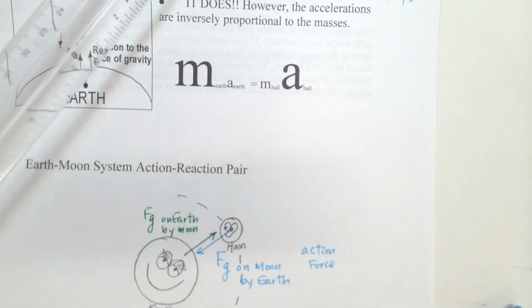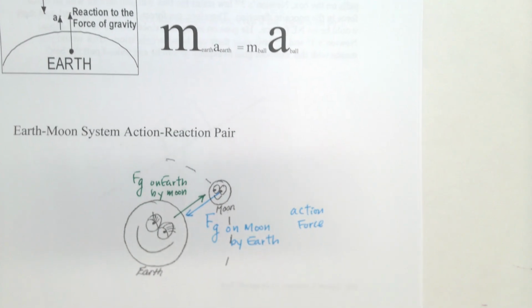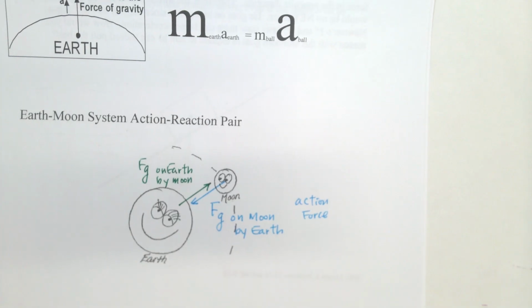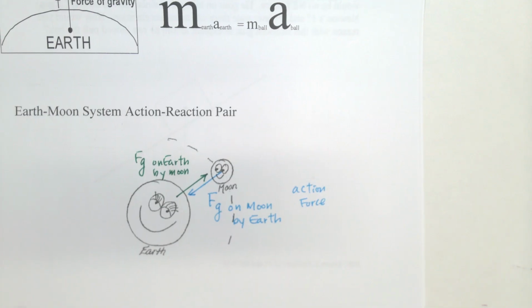So, we need to know how to identify these things. Yes? What if the moon just disappeared one day? What would happen to us? Or let's say like someone struck the moon and then stole it. What would happen to